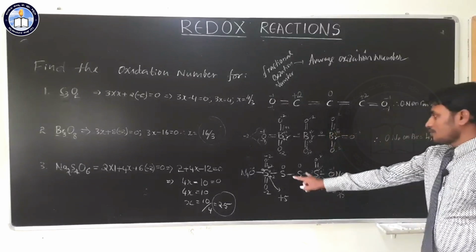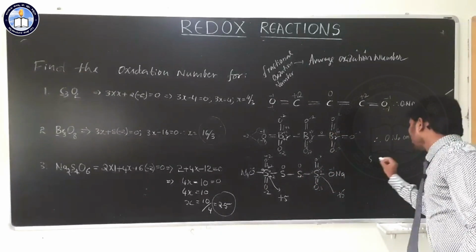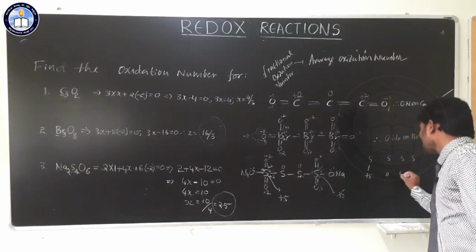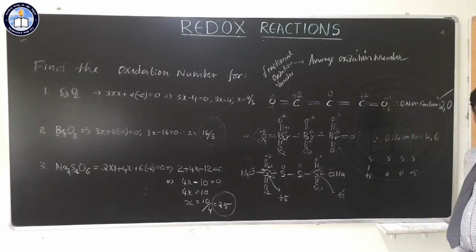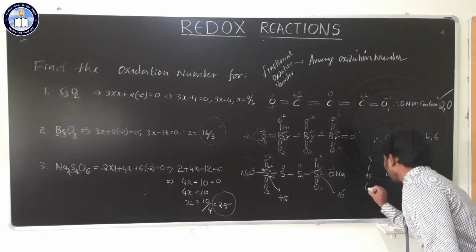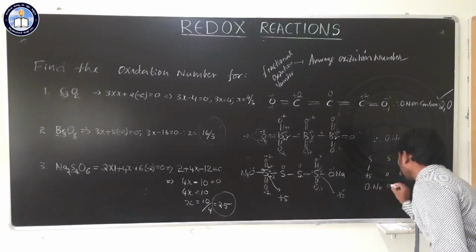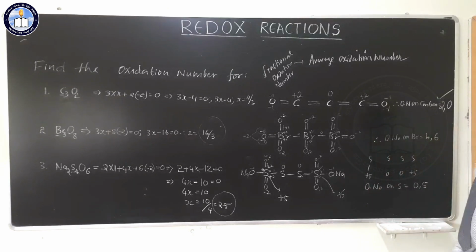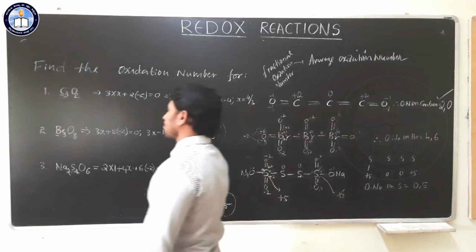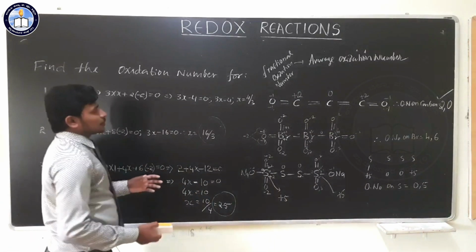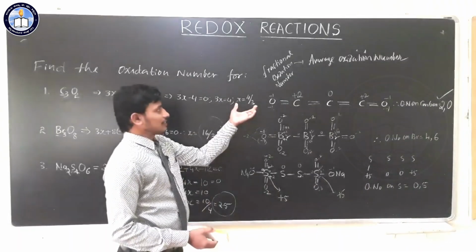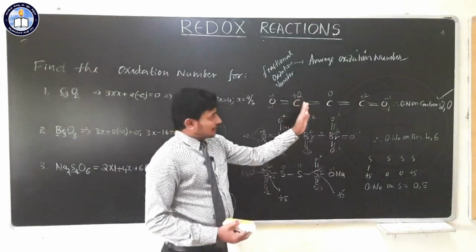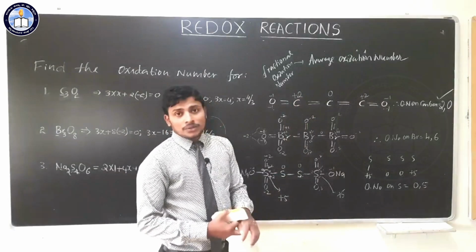There are 4 sulfur atoms: 1, 2, 3, 4. The first one has oxidation number +5, second 0, third 0, fourth +5. Hence the oxidation numbers on sulfur are 5, 0, 0 and 5. Be careful: whenever they give molecules which consist of fractional oxidation numbers, you have to use the structure of that molecule and calculate accordingly. Definitely you will get the right answer.